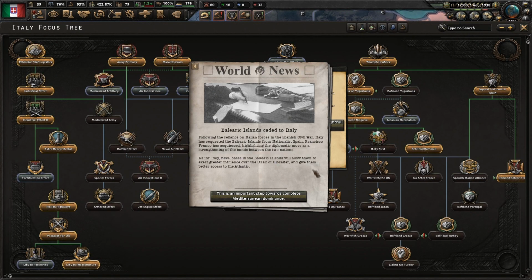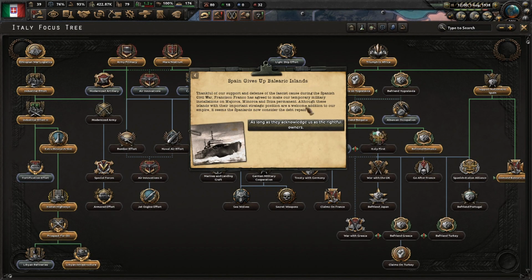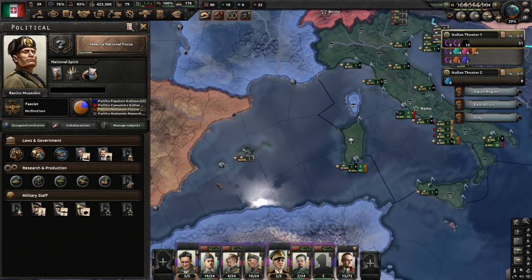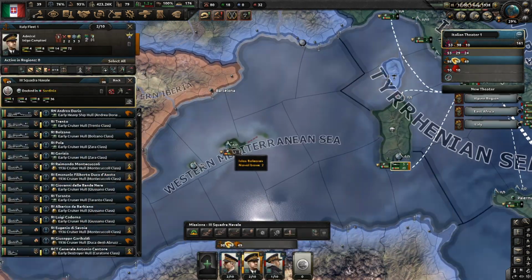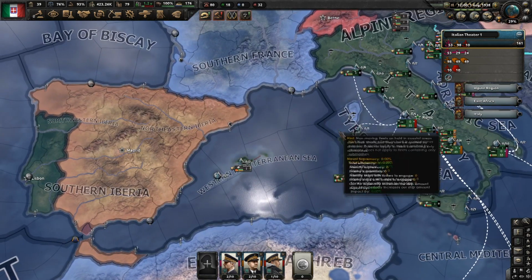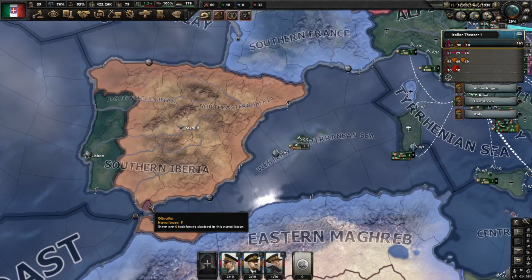So as always, I did the Balearic Island demand, and they've never actually given them to me. So this is a perfect place. We can put our planes here, and we can set up things to make sure that we can get the